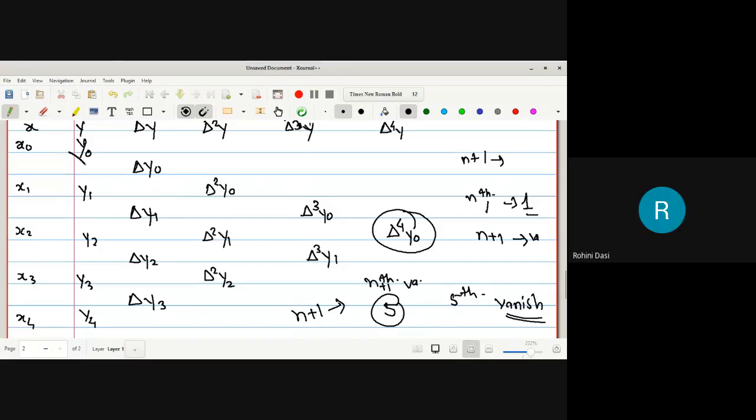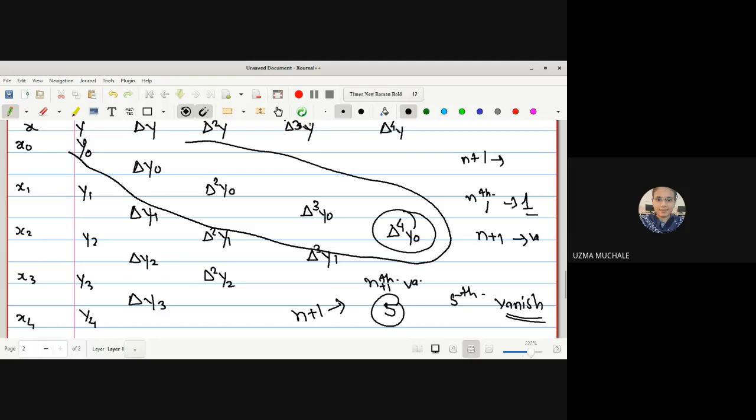Yes, ma'am. Okay, so in Newton's forward difference formula, we are going to use this table, and in this table we are going to use these above values. In the forward difference table, we'll use only these values to find the interpolation, Newton's forward difference interpolation. Prepare this one and make a bracket for this. Actually, my bracket is not made. You can make a box for these values. The values at the starting are the ones we are going to use in Newton's forward difference interpolation formula.